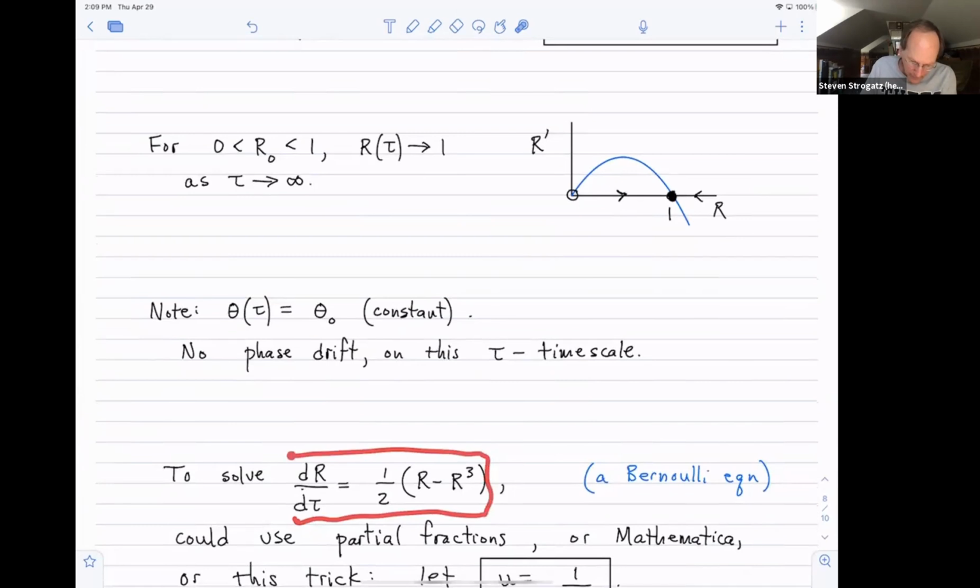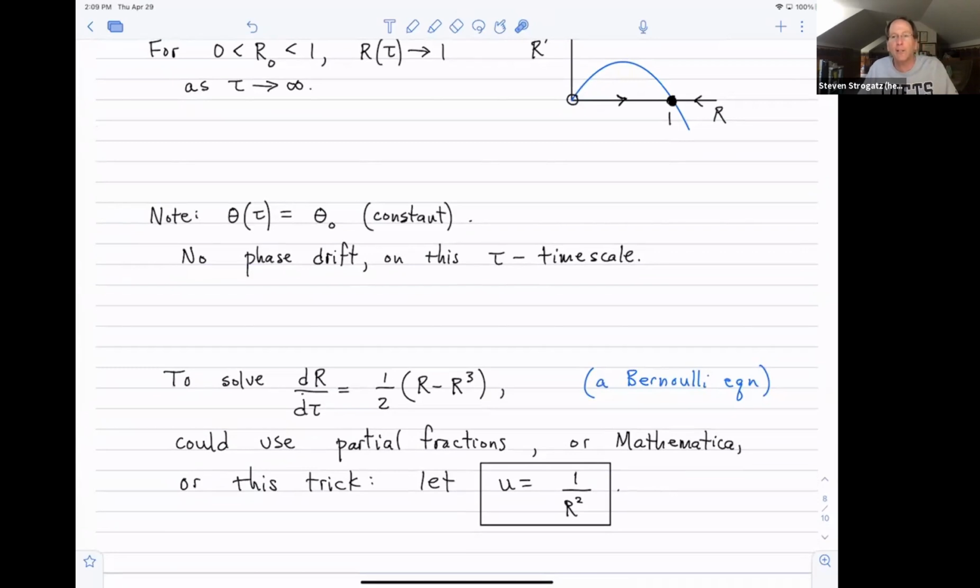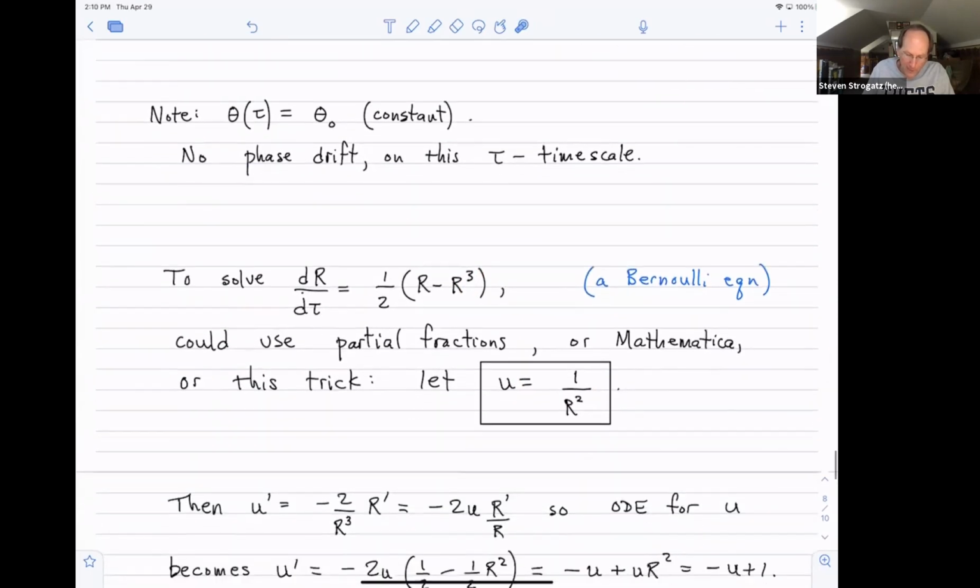It's not bad. It's a cubic differential equation, and it's of the type that we teach in ODEs. It's called a Bernoulli equation. And you could solve it with either partial fractions after separation of variables, or you could just pop it into Mathematica or your favorite software, Maple, Sage, whatever. Or if you like doing things by hand, here's a little trick. This is a trick that works for Bernoulli equations. You can introduce a new variable that's 1 over the original variable, in this case, r, to its appropriate power. I think it's supposed to be 1 less than this exponent, 3. So if you guess u equals 1 over r squared, watch what nifty things happen.